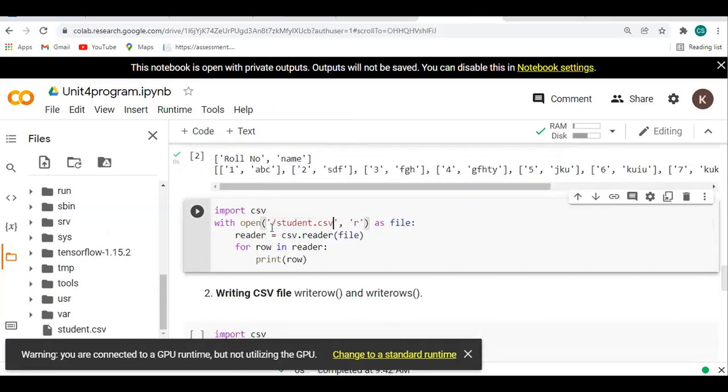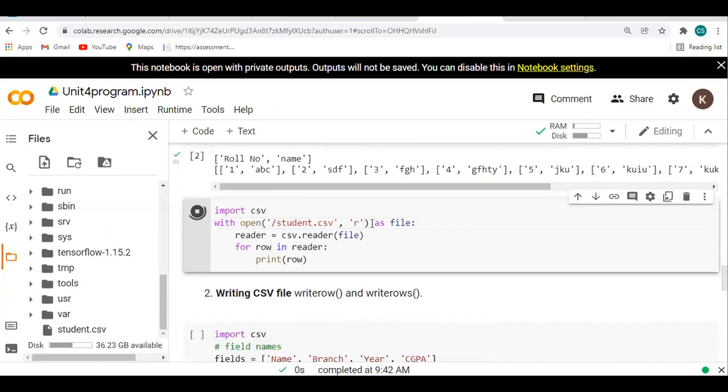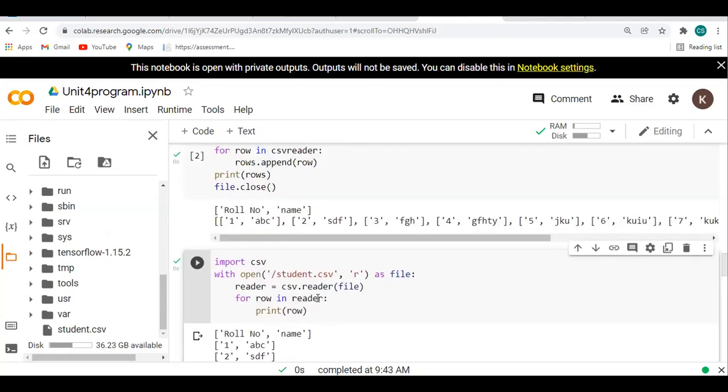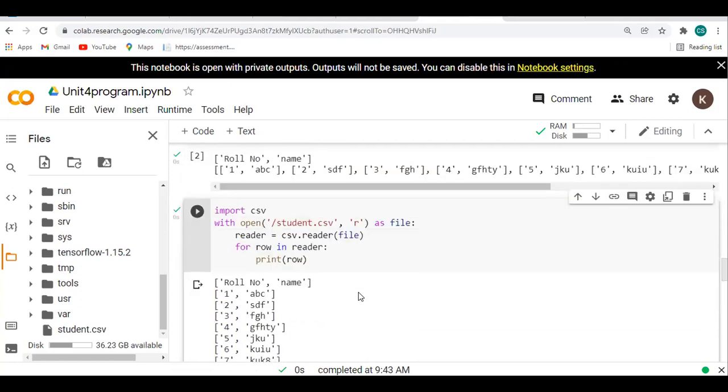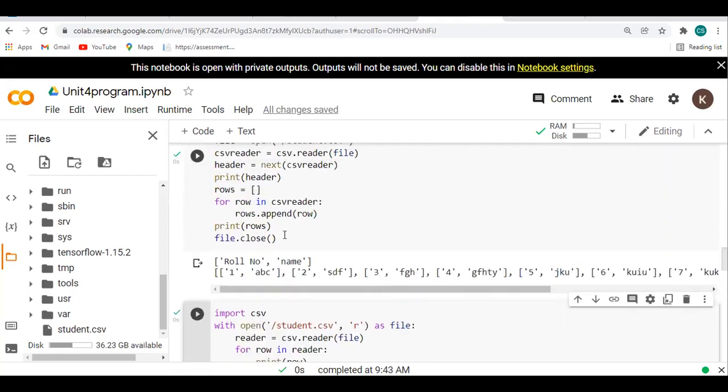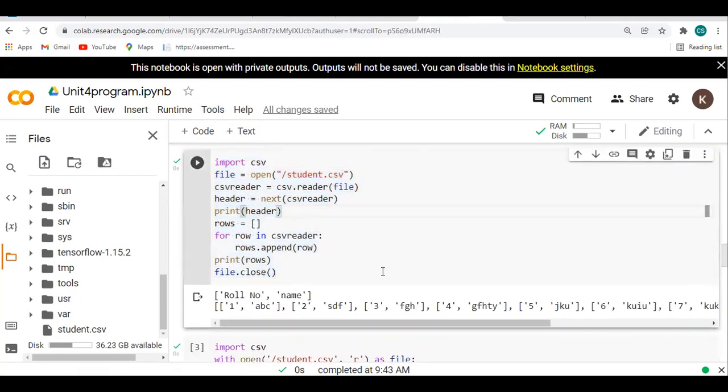One more type of representation is there. You have to see here, it will be in row and column format. For that, I am simply using with open, the other method, with the file opened in read mode, and I will use the same reader method and simply display with a for loop. The output will be in tabular format. So this operation is related to reading the CSV file.